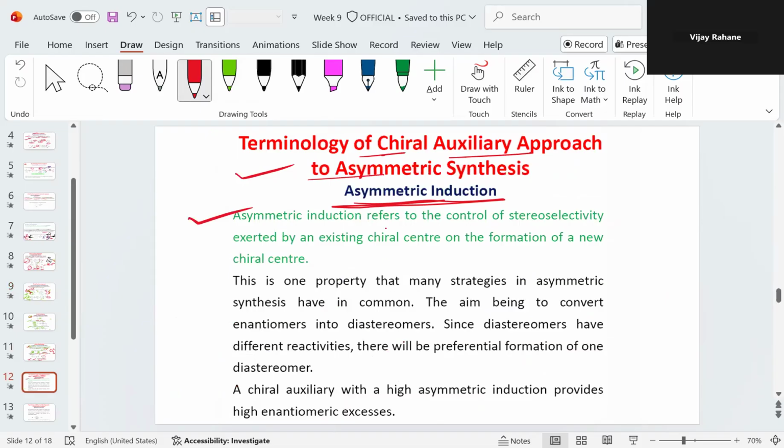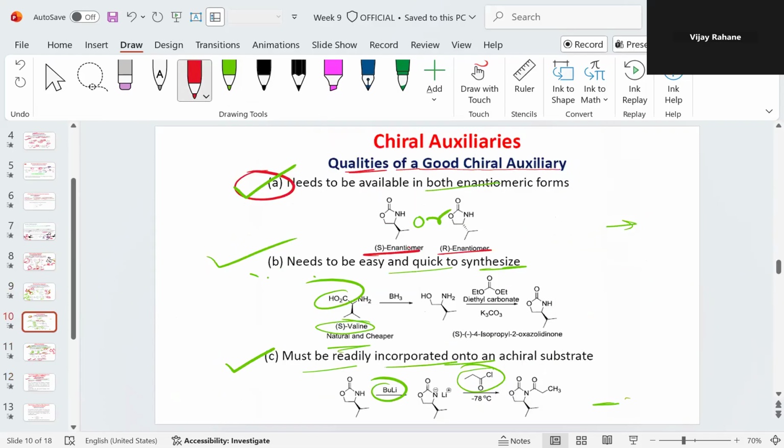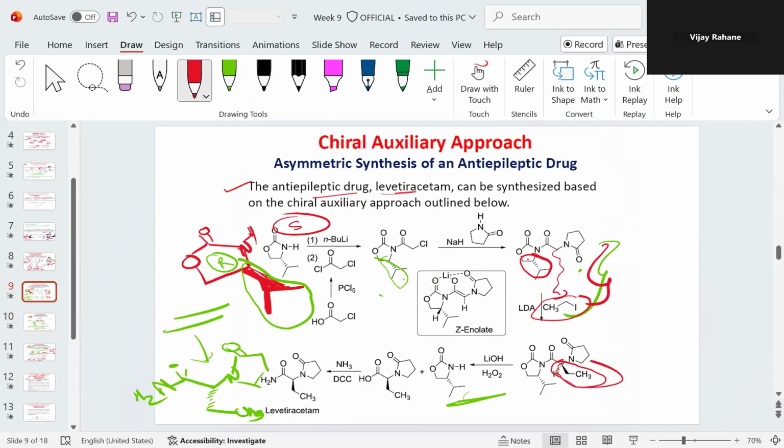So asymmetric induction refers to the control of selectivity exerted by the existing chiral center. And the existing chiral center in the example was this center. All in all, if you look at this center, this is basically the existing chiral center. So the asymmetric induction has been